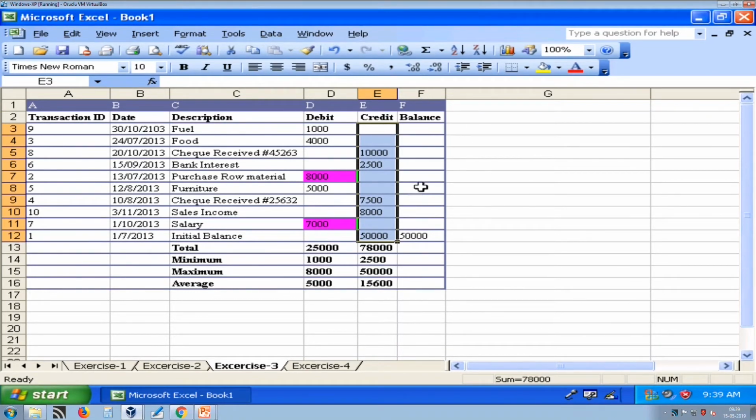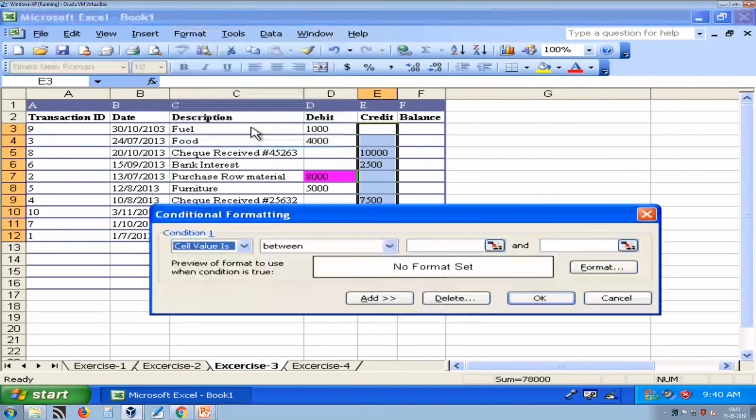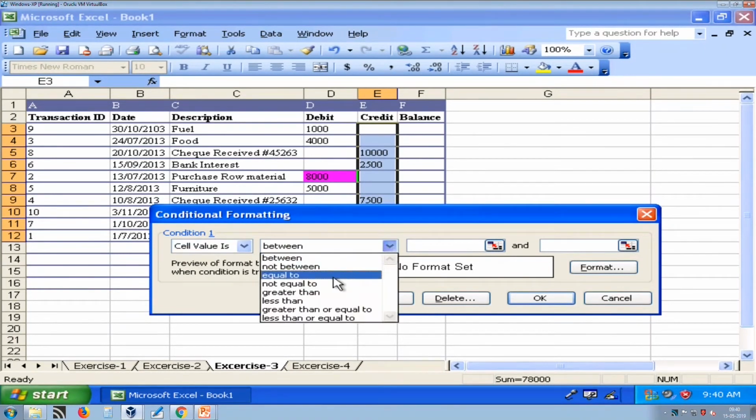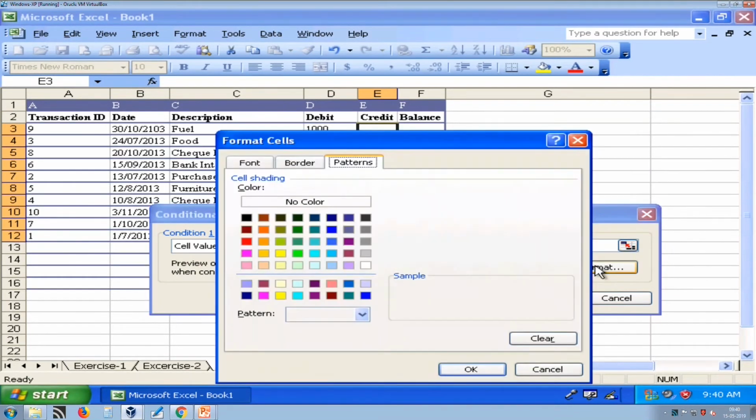So, select the range that you want to format, and then select conditional formatting from format menu, and here condition is cell value is greater than 10,000, and we want to format that with green background, or for example red background.